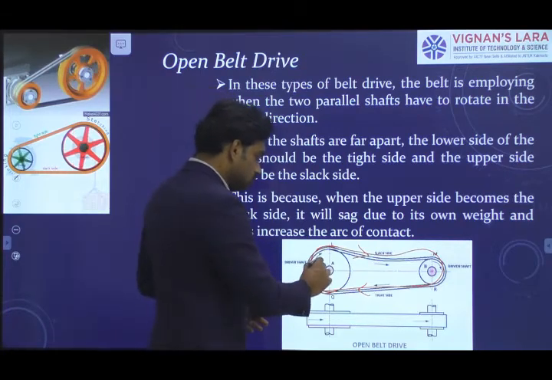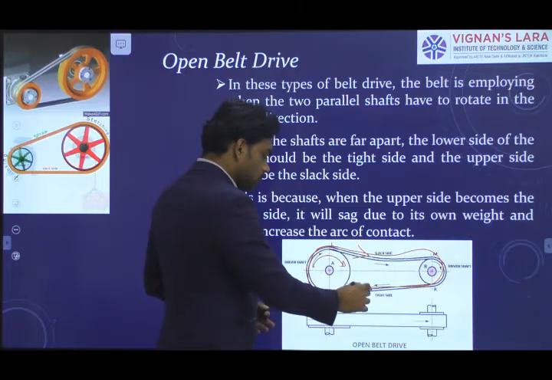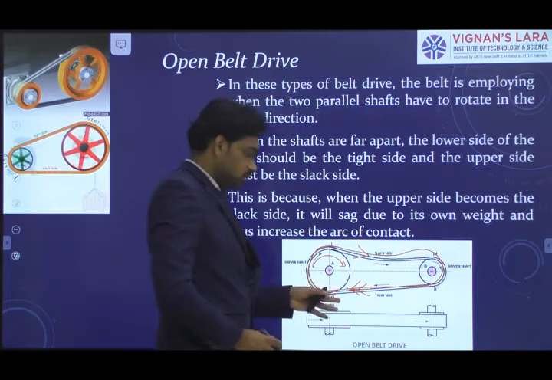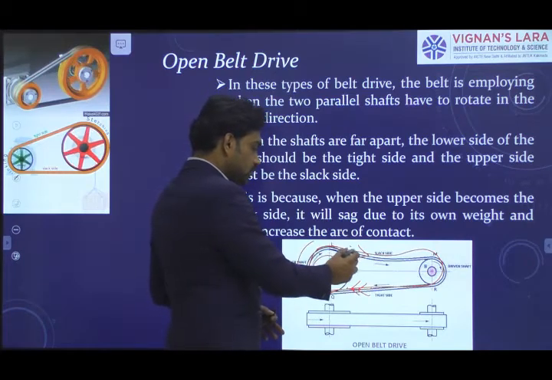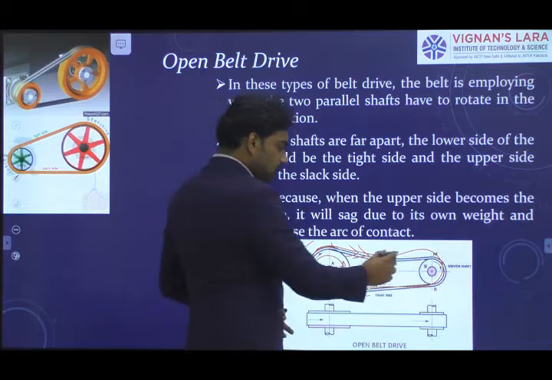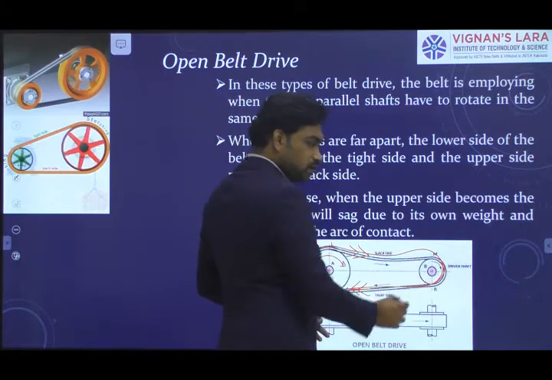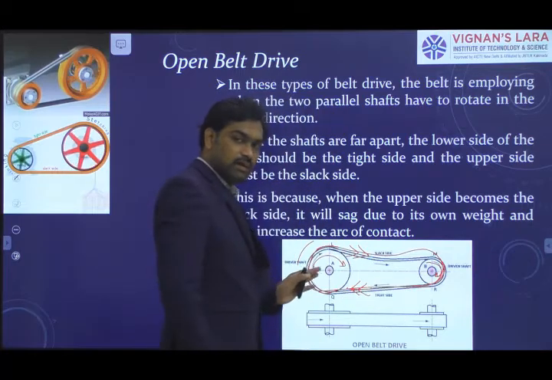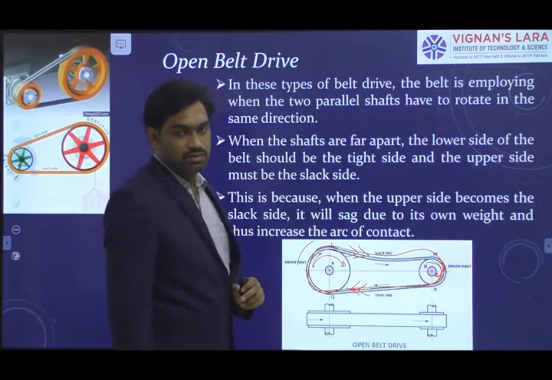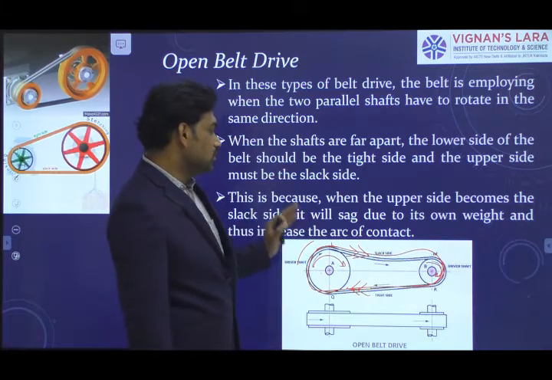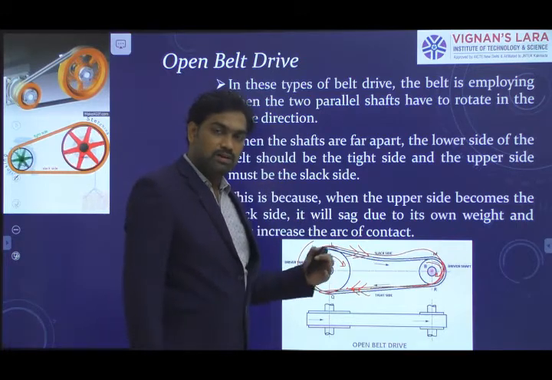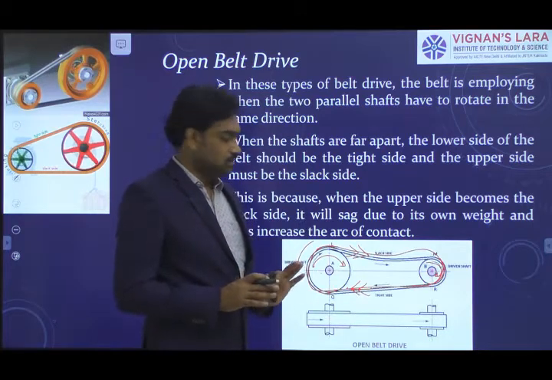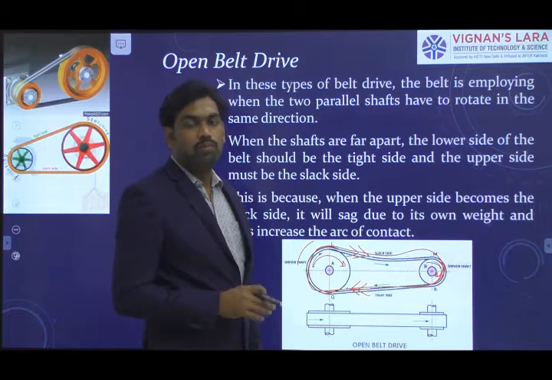This open type of belt drive is used to rotate the two shafts in the same direction. If you observe, the pulley is rotating clockwise. The receiving side of the belt is on the down side, and the delivery side is moving up on the top side. The belt tends to rotate the driven pulley so that it also rotates in the same direction as the driving member. These open belt drives are used to transmit power where the shafts are parallel and both rotate in the same direction. These kinds of drives we call open belt.